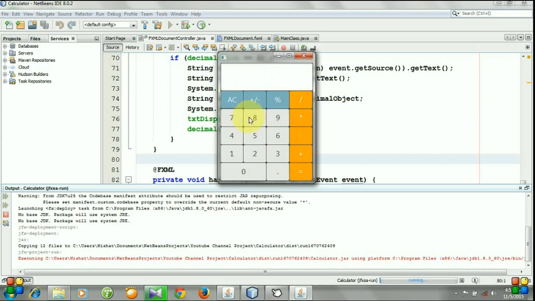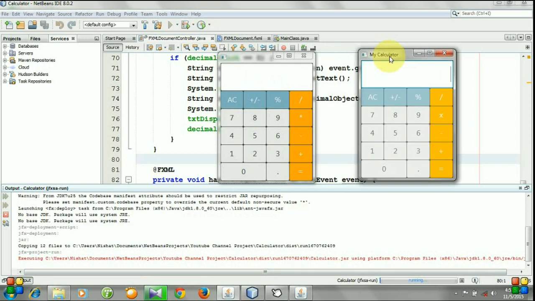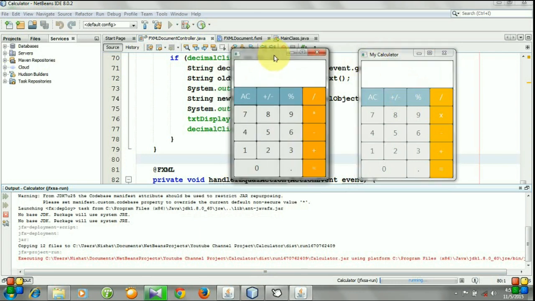So you see the calculator works correctly, and the calculator looks like the one that I have promised you, that you will have this calculator after finishing the series.